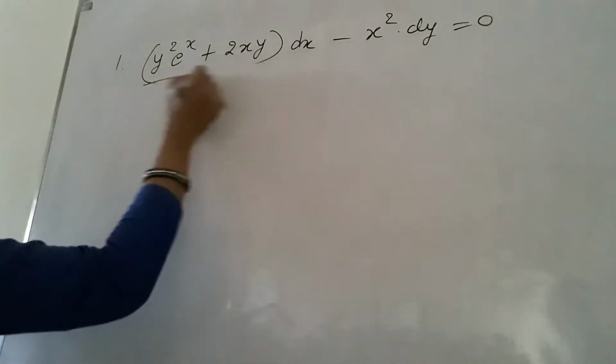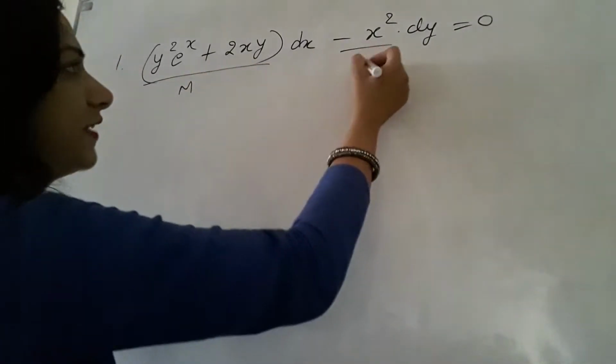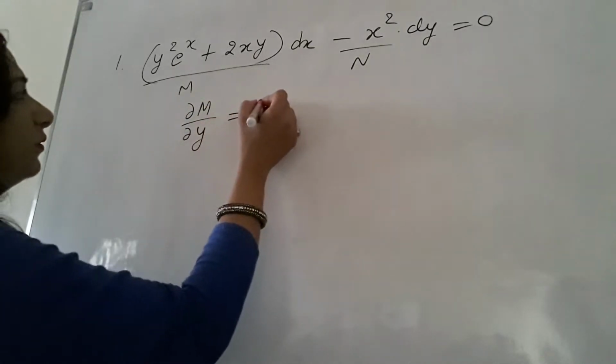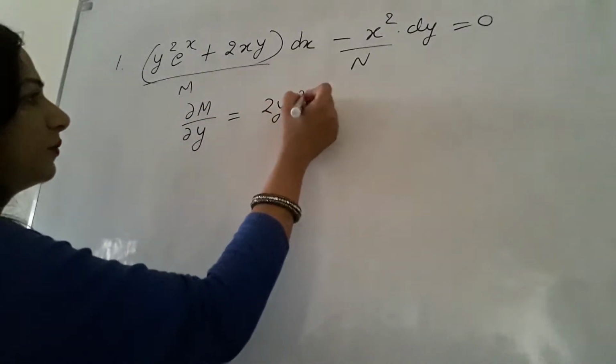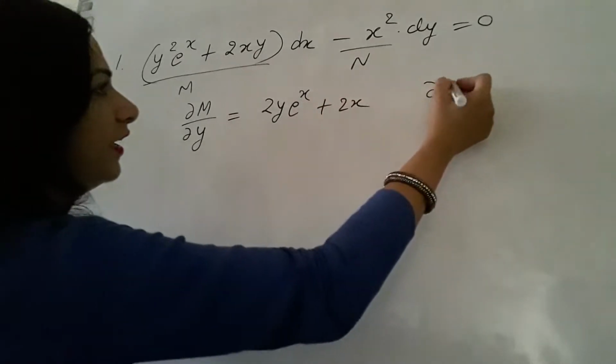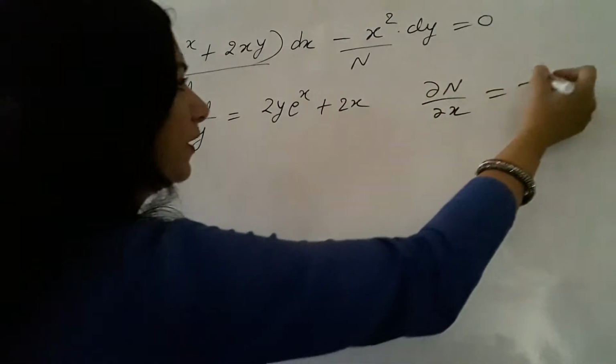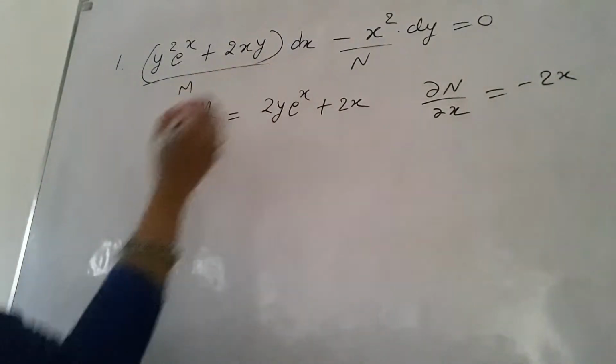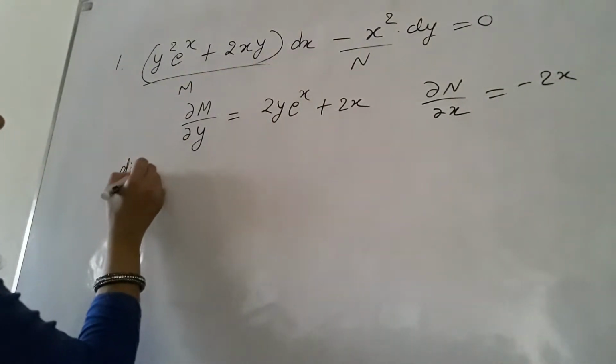Here we see that it is M and it is N. So, we find del M over del y is equal to 2y into e to the power x plus 2x and del N over del x is equal to minus 2x. So, it is not exact. So, now we divide the whole equation